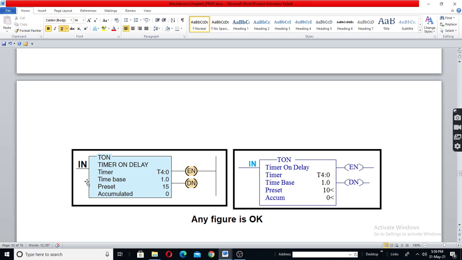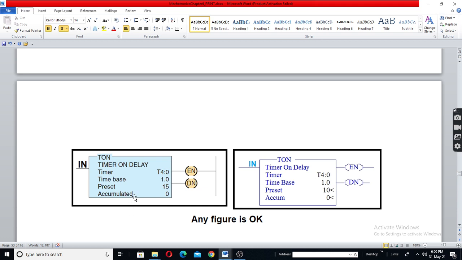Preset value or set value means maximum count, say 15 seconds. If time base is 1, it will count 1, 2, 3, 4, etc. If time base is 0.1, it will count 0.1, 0.2, 0.3, etc., 0.9, 1, 1.1, 1.2, like that up to 15.